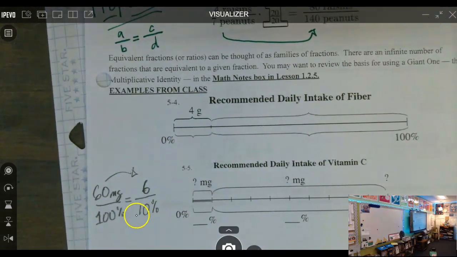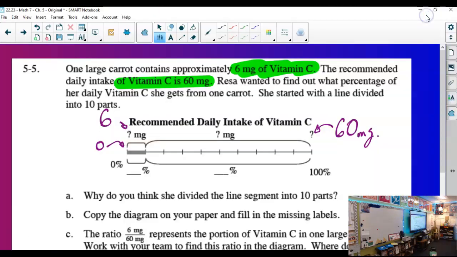So yeah, guys, we get 10% here because it's really a division by 10. She split up her line into 10 parts. And if you count on your paper, you can see these are 10 parts. So each part is going to be 10%,